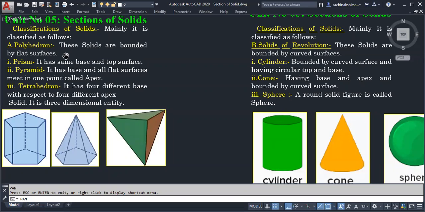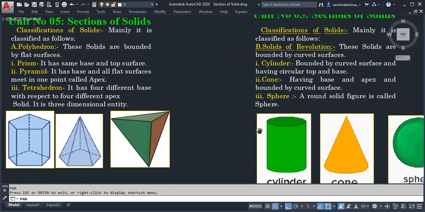Solids of revolution: cylinder, cone, and sphere. For comparison purposes, I have just kept it in front of you. This is the classification that we have already seen, and we have revised it many times. Whenever I take the name of a solid, it should immediately be imagined by you. That is most important.